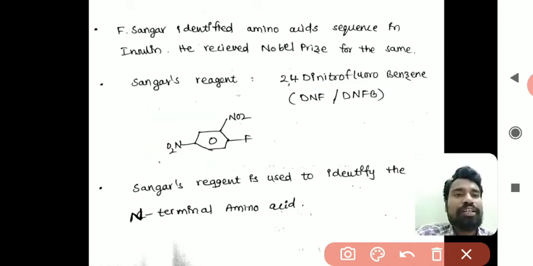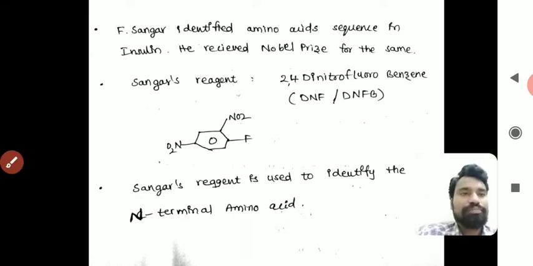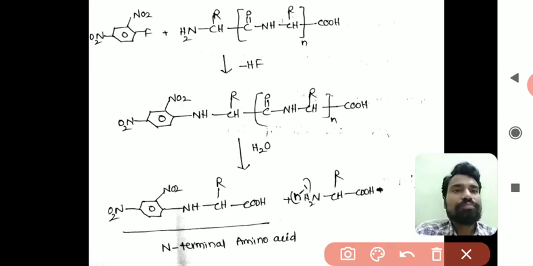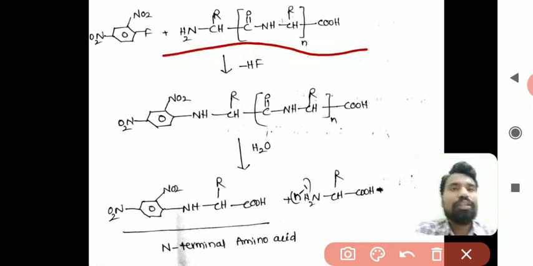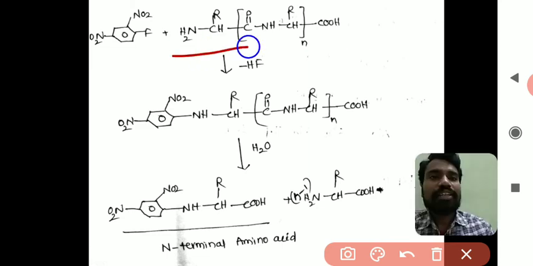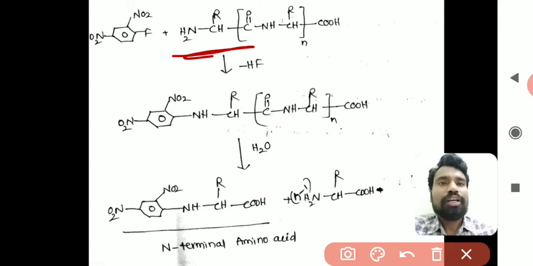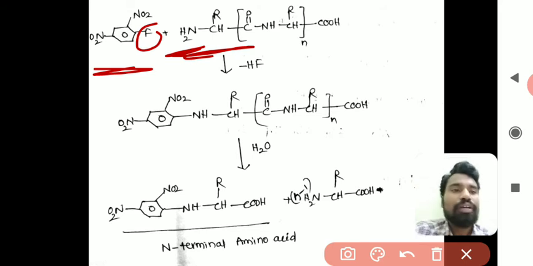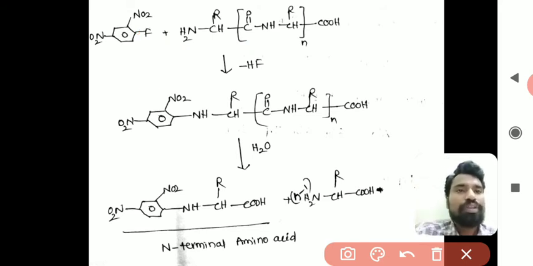2,4-dinitrofluorobenzene. Here Sanger's reagent will react with the N-terminal amino acid, so that the N-terminal amino acid can be identified. Just observe here, this is a polypeptide, or nothing but a protein. So this is Sanger's reagent. When Sanger's reagent reacts with this protein molecule, it reacts with the N-terminal amino acid, and the fluorine from Sanger's reagent and the hydrogen from the N-terminal amino group leave